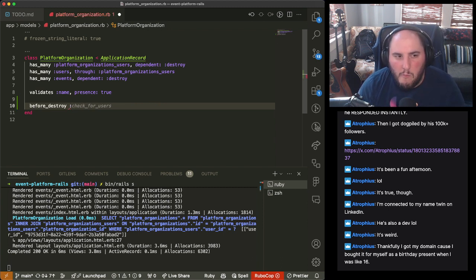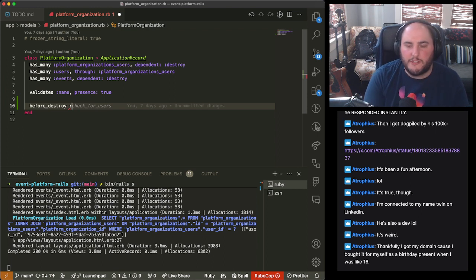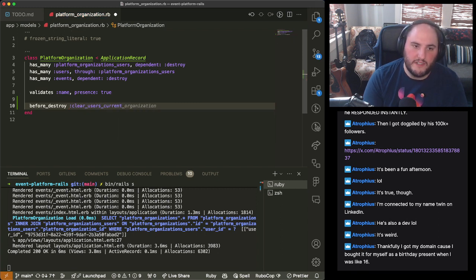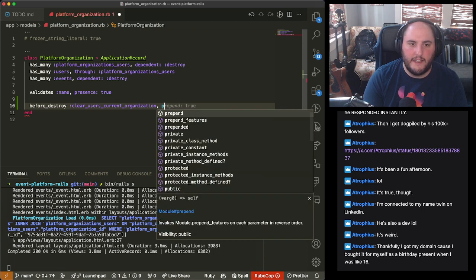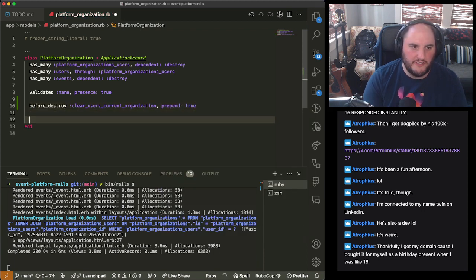What we're effectively trying to do is, when we clean it, we need to go to users, find all the users that had this platform organization as their current one, and do a bulk update all to remove their current organization ID. So clear users current organization. And then we're going to just say prepend true, just to make sure this happens correctly.